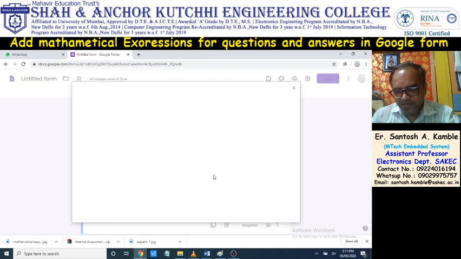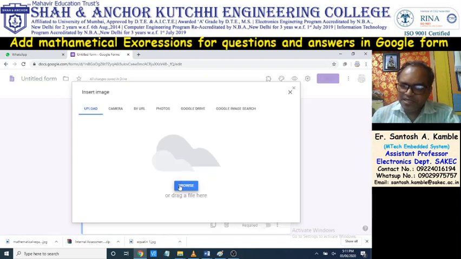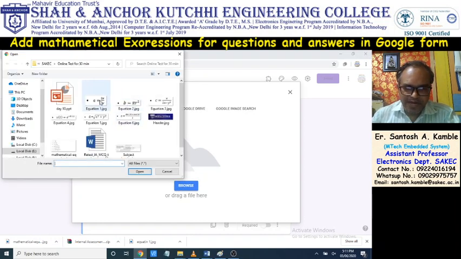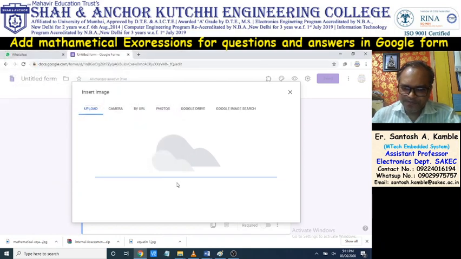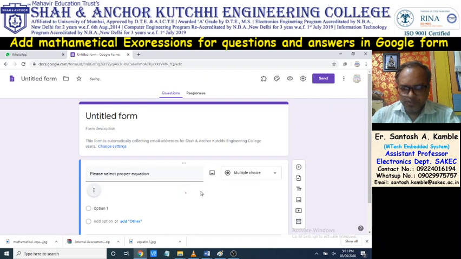So from here you can add any JPG file, or you can say equation in JPG format. For example, if I want to add this, just select this, or any equation you can select. If I select this, open. So please select proper equation, and in front of that my image will appear.